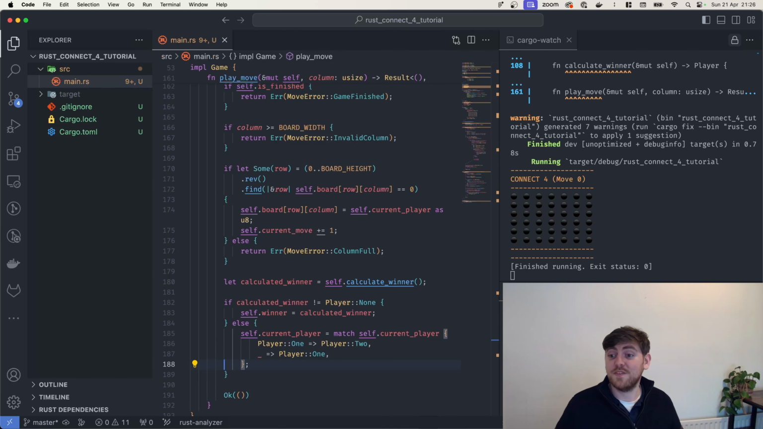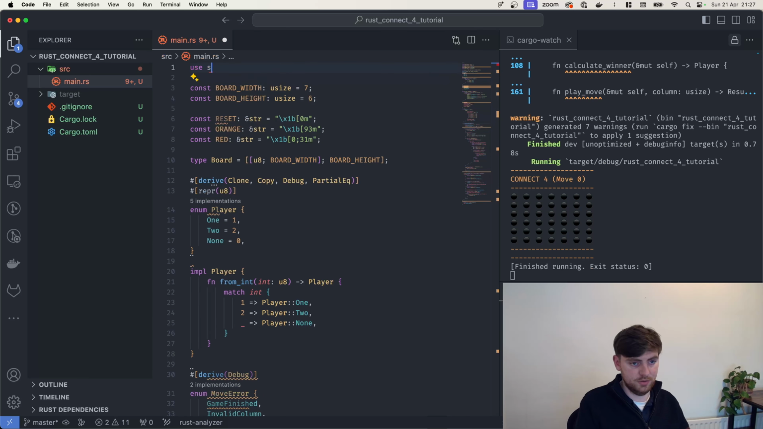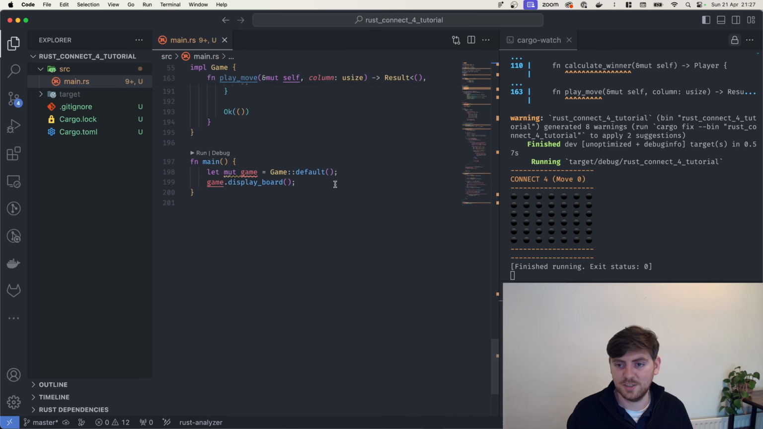So this is the final piece of our Connect 4 game engine, and all that's left is to get the inputs from our users. To get those inputs, we're going to use the standard IO crate that comes with Rust. So right at the top, we will use standard IO. We'll go down to main. So as long as the game hasn't finished, then a user can submit a move. So we'll say, while the game is not finished,